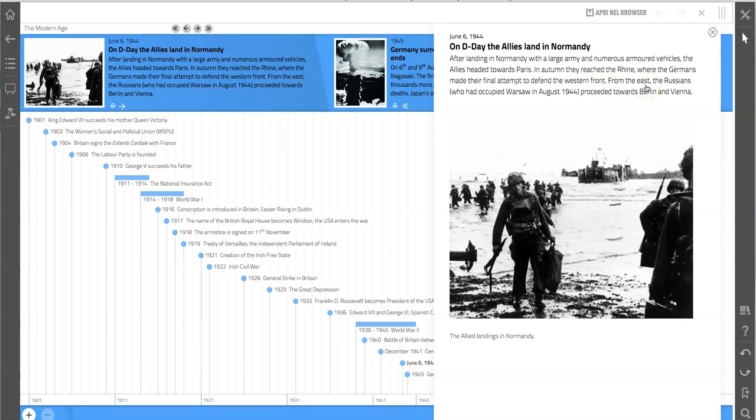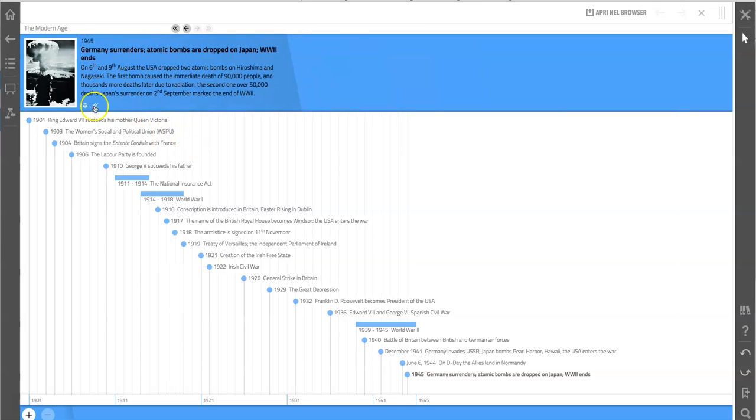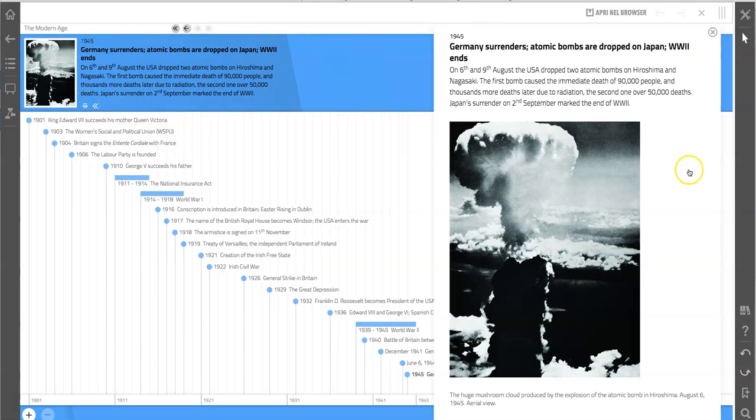From the east part, the Russians, who had occupied Warsaw in August 1944, proceeded towards Berlin and Vienna. And we are now in the final part of the war. Germany finally surrenders. The atomic bombs are dropped on Japan. World War II ends. On the 6th and 9th August, the USA dropped 2 atomic bombs on Hiroshima and Nagasaki